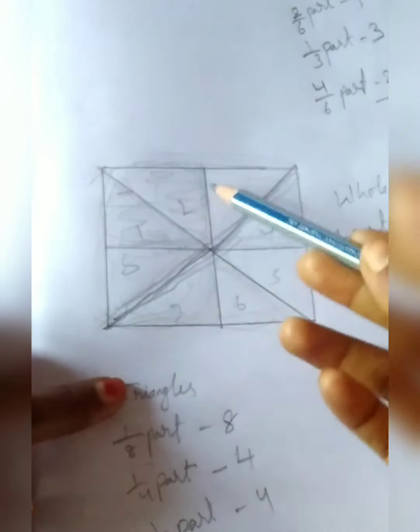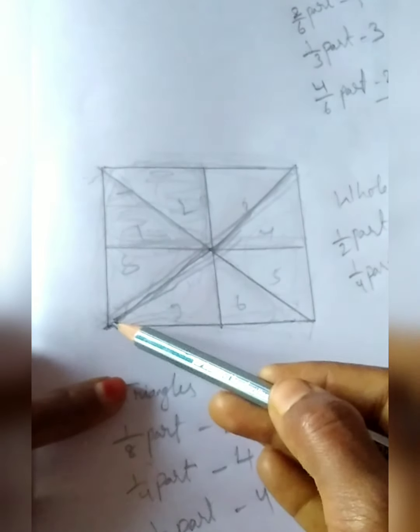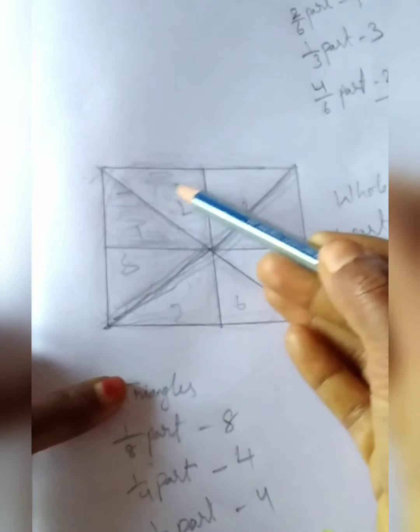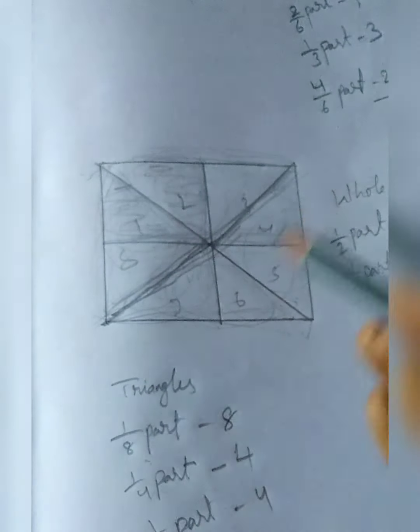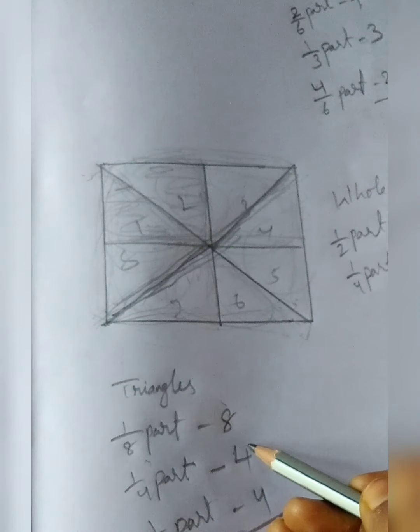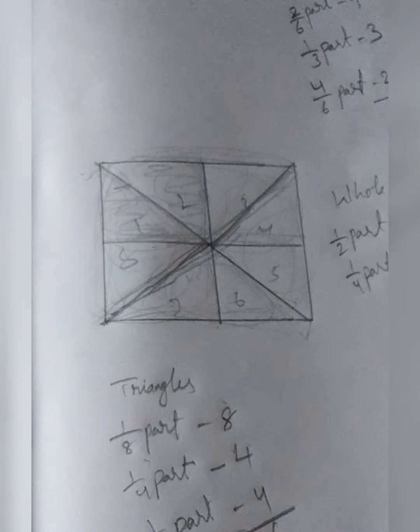By drawing one diagonal line, you can make it into two halves. This is one triangle, this is another triangle. If you draw this other diagonal line, you can make it again into two halves, 1 and 2, right? So total 4 you have in it. So total triangles 8 plus 4, it's 12, 12 plus 4, it's 16, right? 16 triangles. Okay?